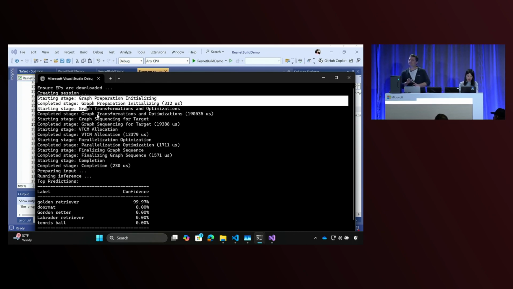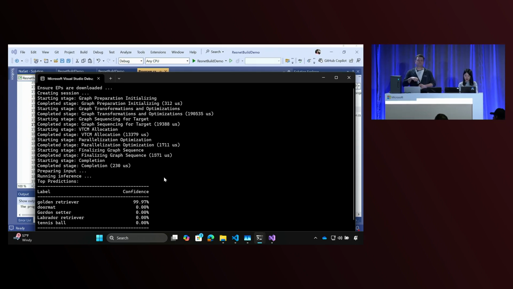Awesome. And let's take a look at the output of our app. Here you see a bunch of output written by our execution providers. These are actually doing the model compilation. Now, this ResNet is a small model, so it doesn't take a long time to compile. And also, I forgot to mention that before you load any model to NPU or GPU, ONNX has to compile it to this execution provider's specific requirements so they can be loaded properly. And if the model size is huge, like a couple of gigabytes, then the compilation step can take a few minutes, which you definitely don't want to see during every run, right?